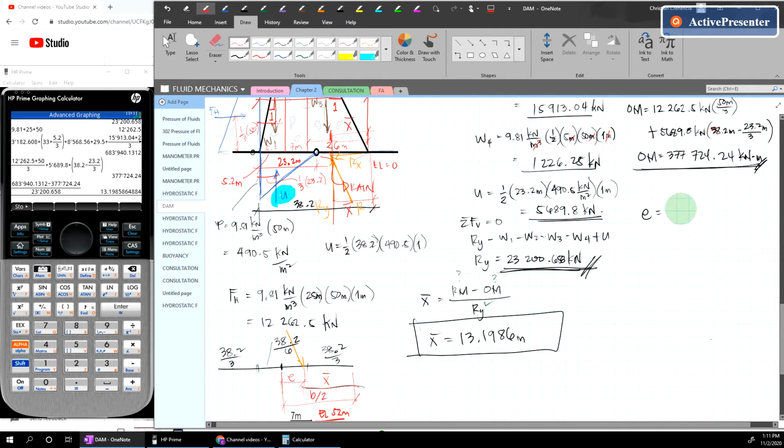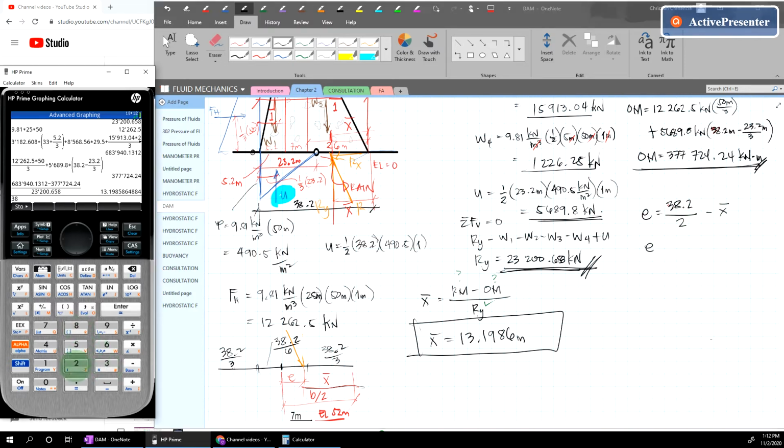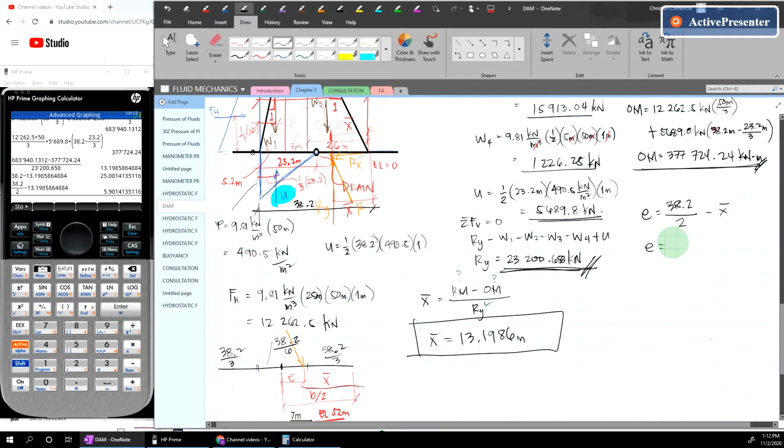dimensions na to, then distance E is b over 2, which is 38.2 over 2, then minus no x bar. So yung E, so 38.2 over 2. Then minus nitong x bar natin na 13.1986. Okay, so we have 5.90141